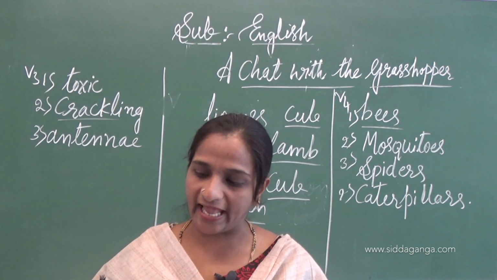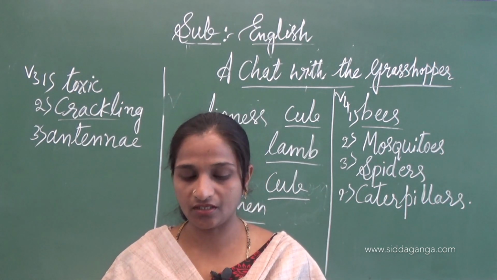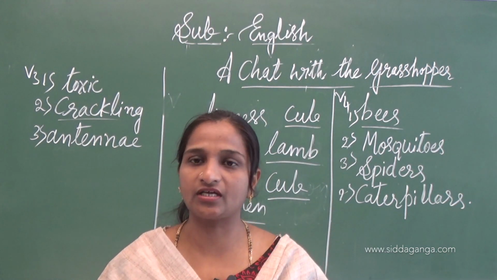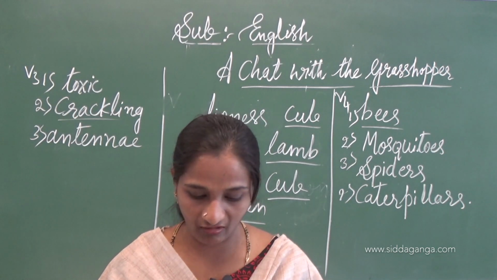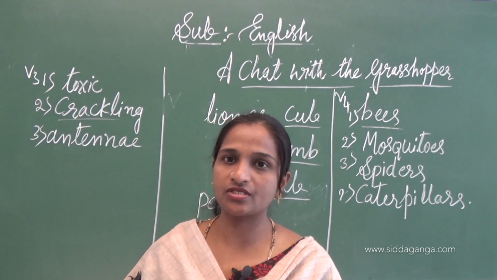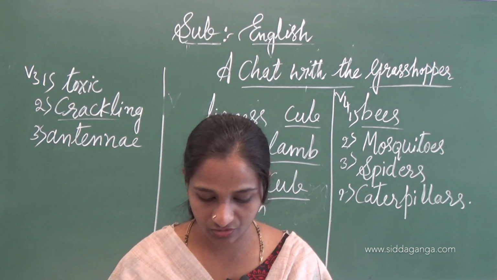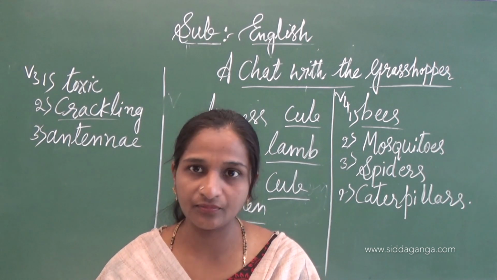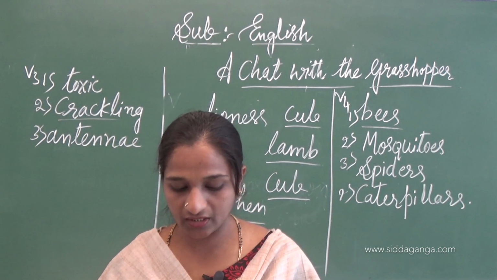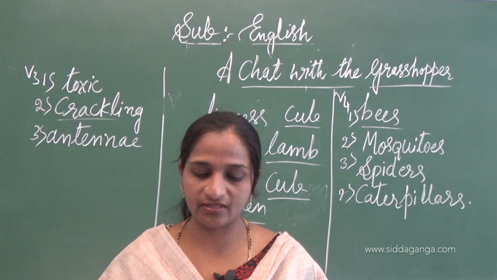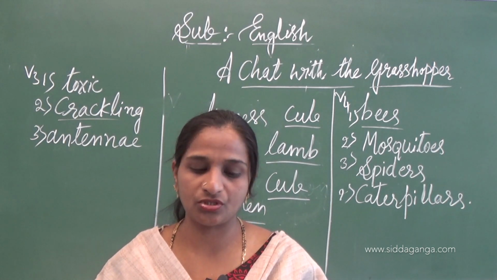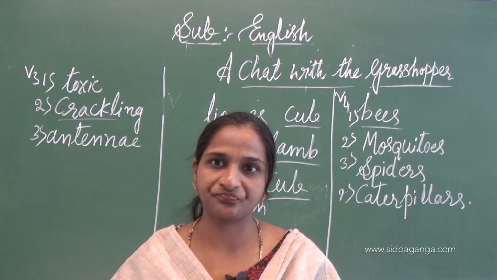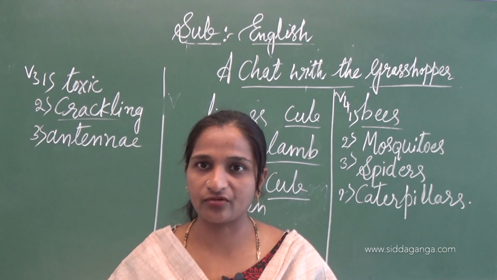So one diagram is given here. You have to read the information about the white tiger and fill in this diagram. Understanding? So four square boxes are given here about the white tiger, in dark blue color. White tiger is given there. About the white tiger you have to write where it lives, what its habitat is, all these things you have to fill in.